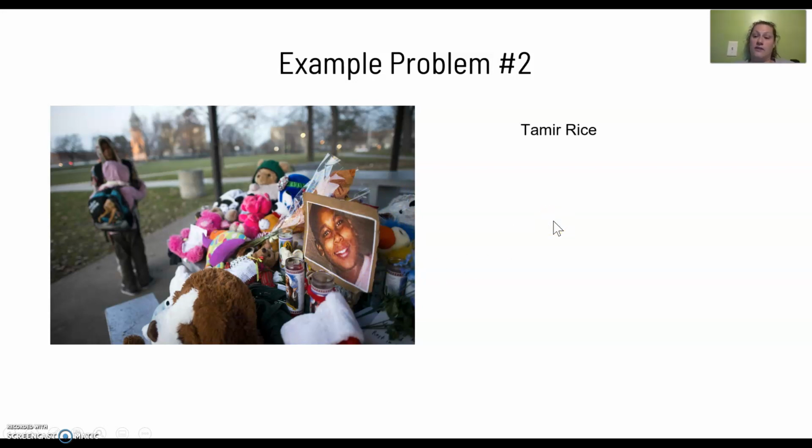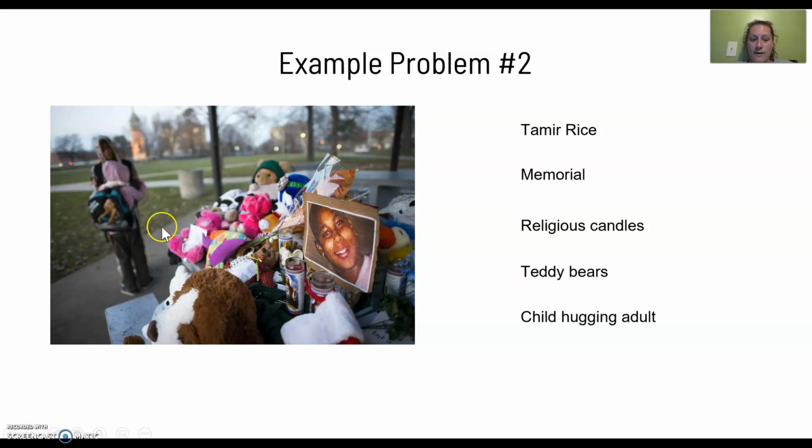Tamir Rice was 12 years old when he was shot by police. And there are flowers and religious candles and stuffed animals all kind of gathered together like this is a memorial, probably for Tamir Rice. Like I said, the religious candles, the teddy bears. I didn't put over here but the flowers. It took me a hot minute to catch the flowers in my initial look at this picture, but